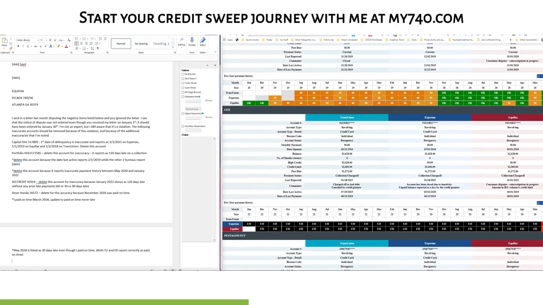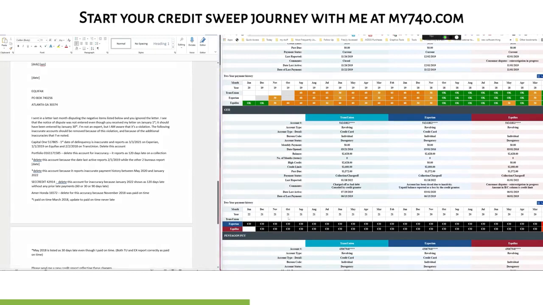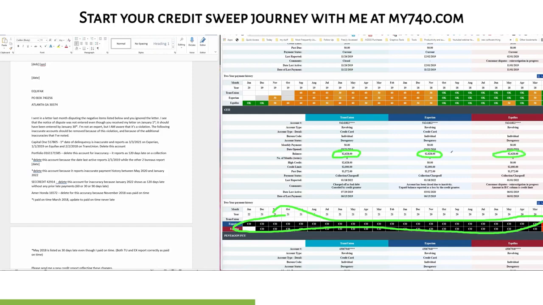Now, this is very, very important, and I need you to pay attention. What do you think this means? This is 2 years of charge off, charge off, charge off, charge off, charge off. Now, I know that millions of consumers have this issue, and most don't understand how this can be used to remove the account. So this is the reason that you see all of these charge-offs listed, and it's because the account is unpaid. If this actually had a zero balance or it reflected as paid, you would not see charge off after charge off.